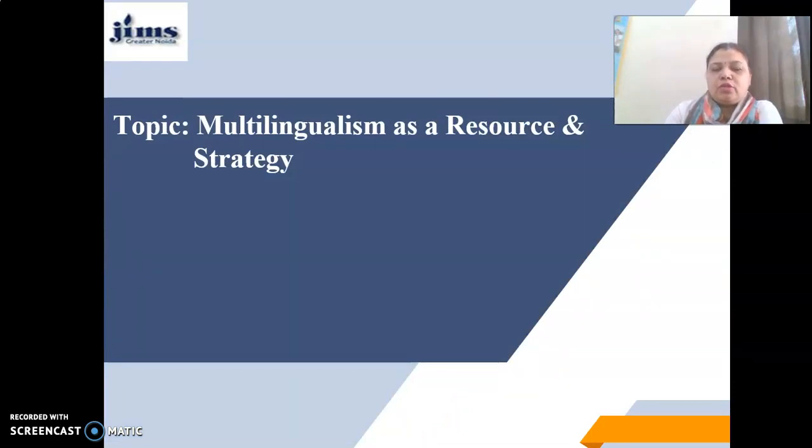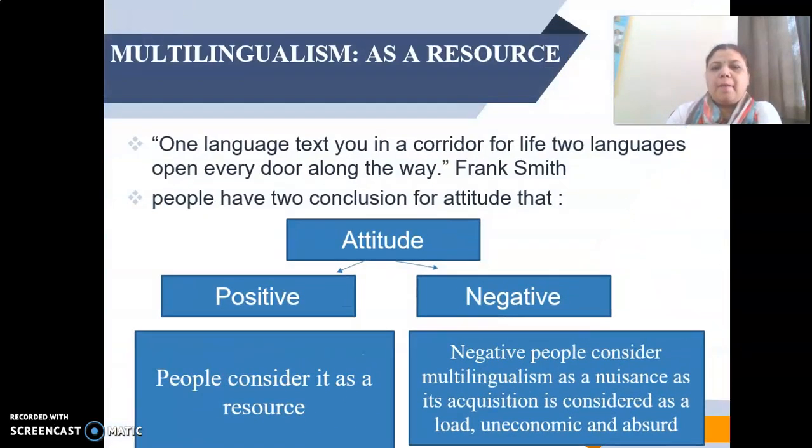Multilingualism does not only act as a resource but also as a strategy. First, I would like to take it up as a resource. Frank Smith said that one language puts you in a corridor for life, two languages open every door along the way. People have two conclusions regarding multilingualism